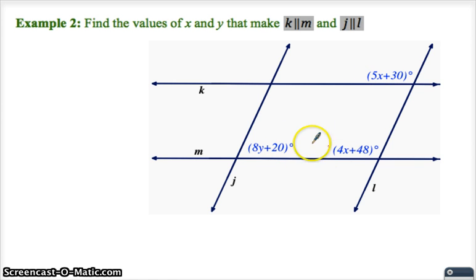There's two with x in them and one with y in them. If we started writing equations with x's and y's right away, we wouldn't be able to get very far. So let's target, I'll use the highlighter so I don't have to make such big arcs here, this angle and this angle. These are supposed to be